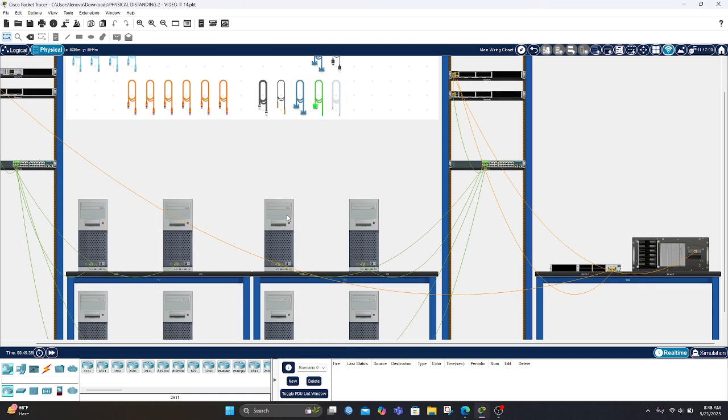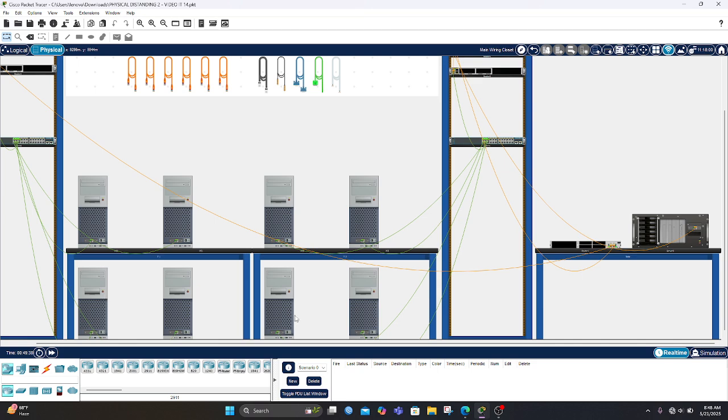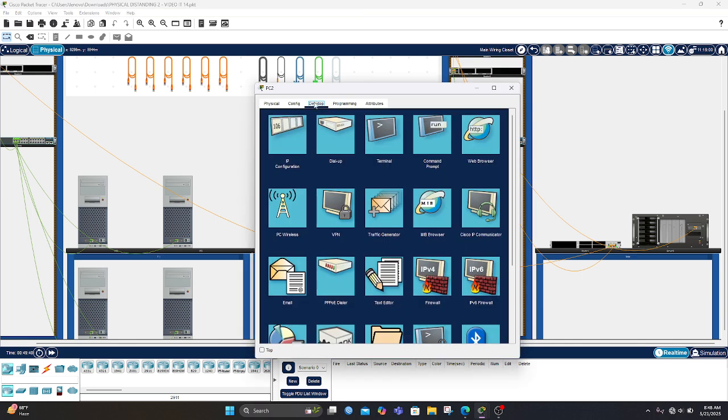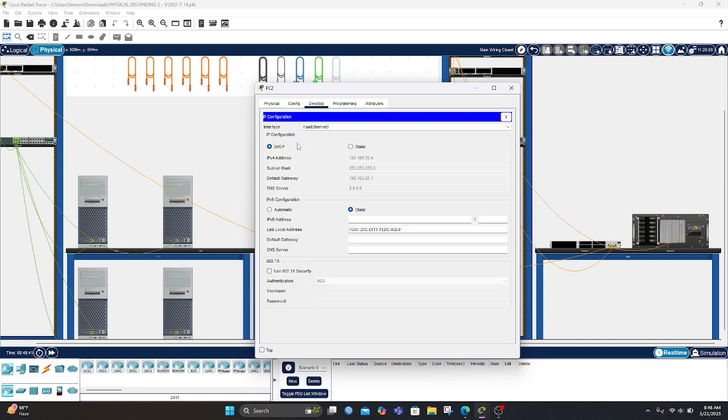Let's ping from area 1 to area 2. The IP configuration of PC2 is 192.168.20.4.